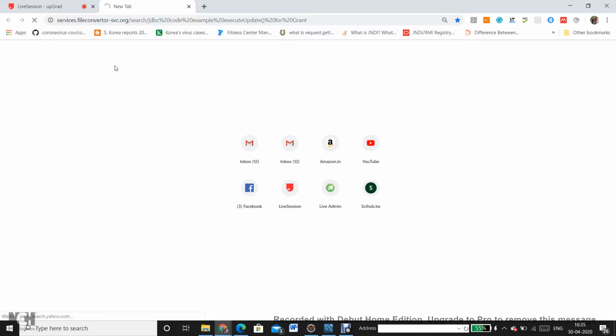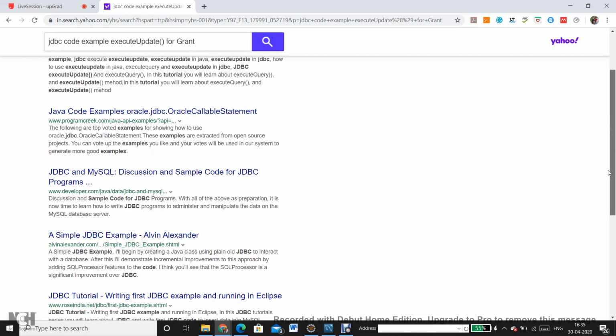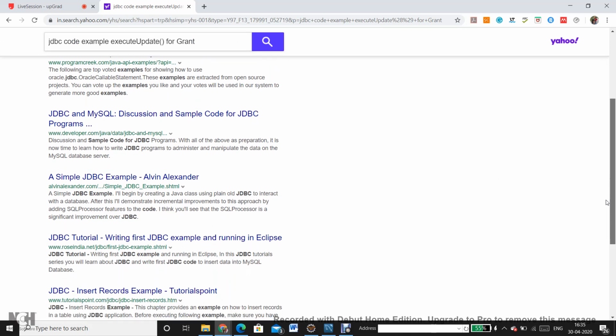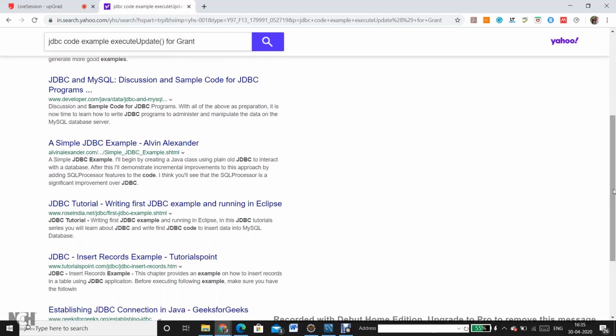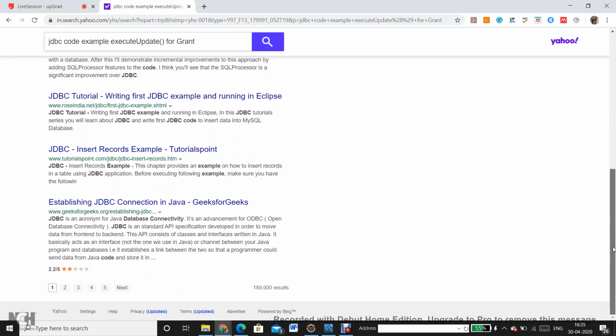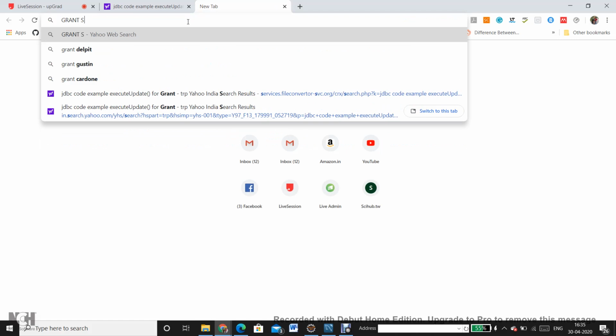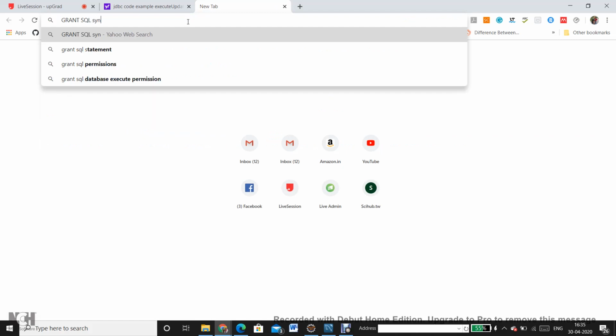Let's see if we get anything or not. Let's see whether we are using the syntax of grant correctly or not. Grant SQL syntax.